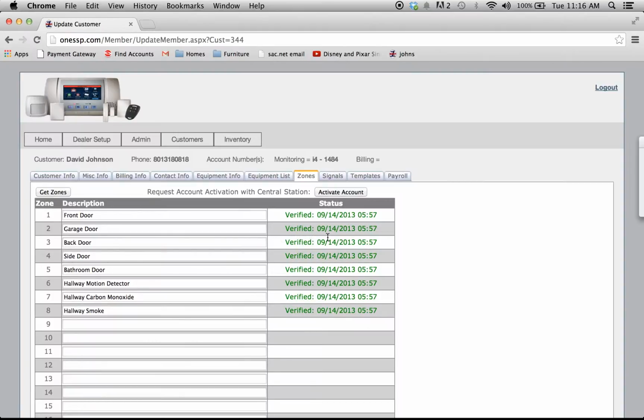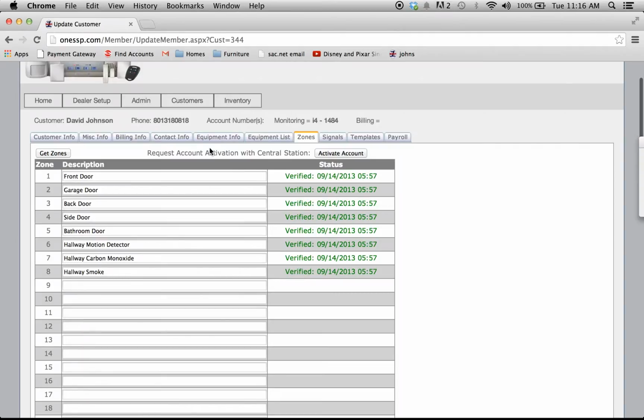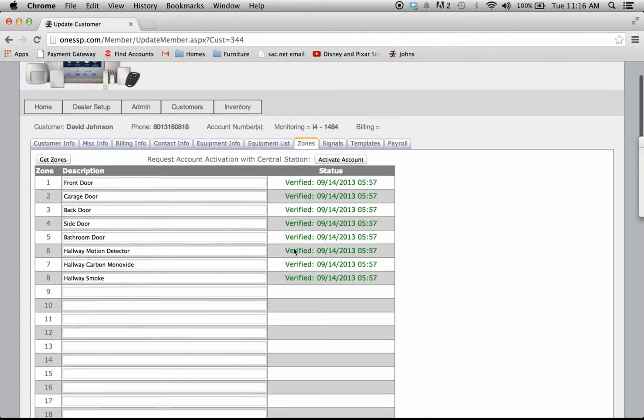So if you want to check alarm history at the end of a job rather than calling in to data entry, you just simply come in here, click get zones, save the page, and then it will tell you what's there or what's missing, so you know if you need to send an alarm signal again or not. Then after you've done that, if a technician's already put all his data entry in and the sales rep's done the same, this is kind of the last page for that, you can basically say, okay, everything's in here,